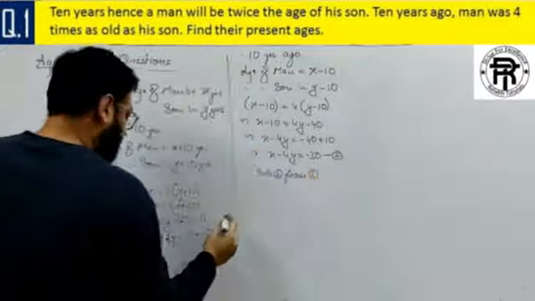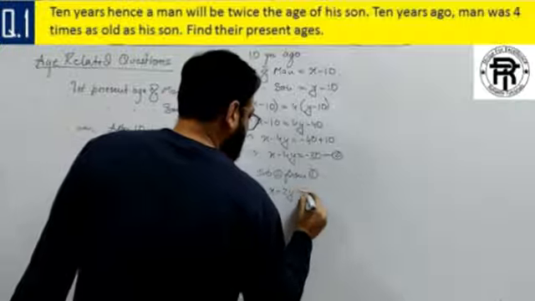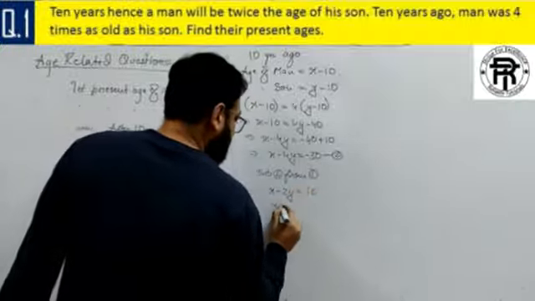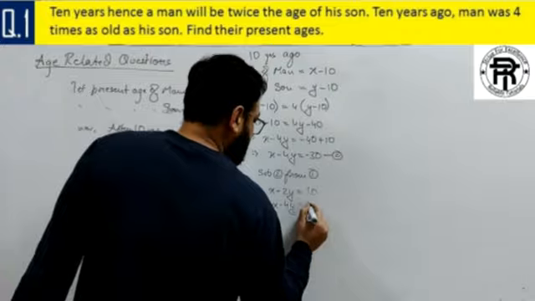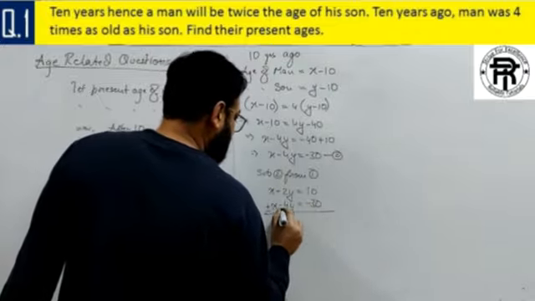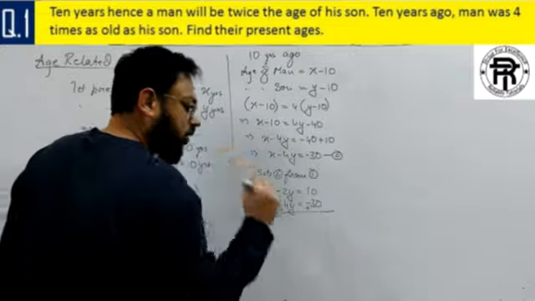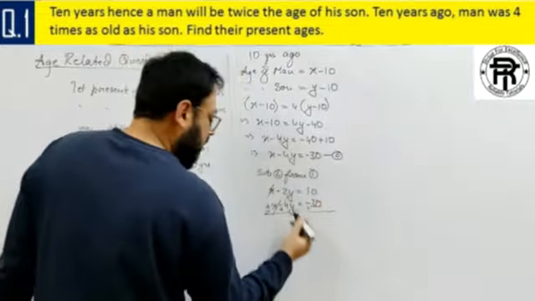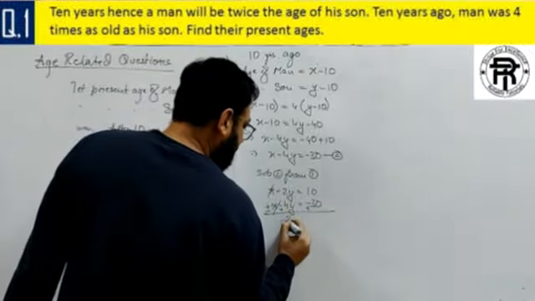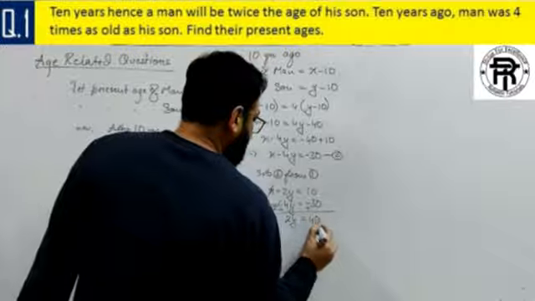First में से second को subtract कर देना. That is x minus 2y is equals to 10. Out of it we are subtracting x minus 4y is equals to minus 30. When we subtract, the sign will get changed. Plus becomes minus, minus becomes plus. This minus also becomes plus. x and minus x cancel हो गया, या कहा जाएगा कि eliminate हो गया. Minus 2y plus 4y, that is 2y is equals to 10 plus 30. That is how much? 40.